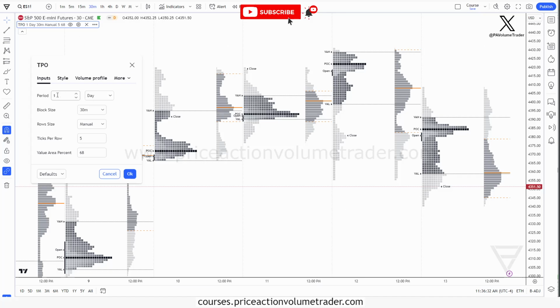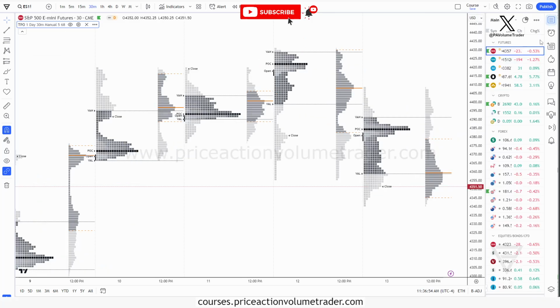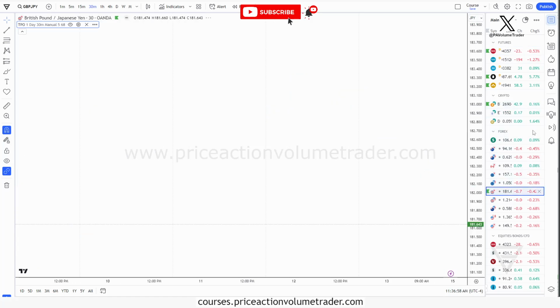So first thing, you're going to be able to customize the periods depending on number of days, weeks, or months. This is a daily profile on the S&P futures. So basically this goes from 6 p.m. Eastern to 5 p.m. Eastern. That's 23-hour trading days in futures. If I change this and go into, let's say, a